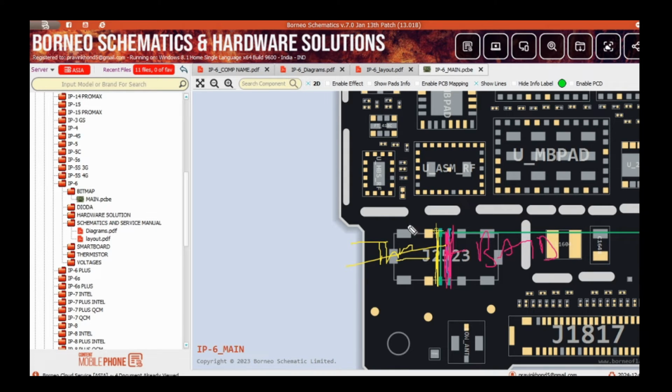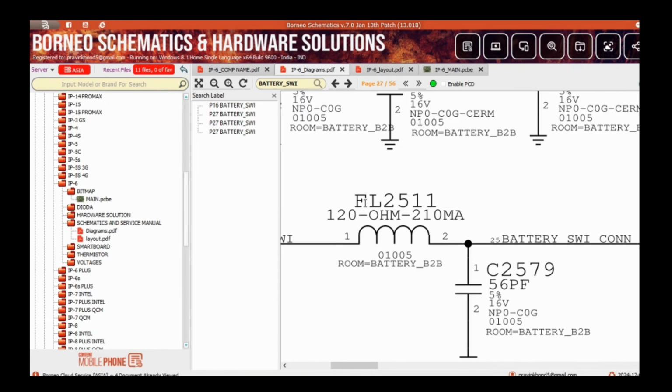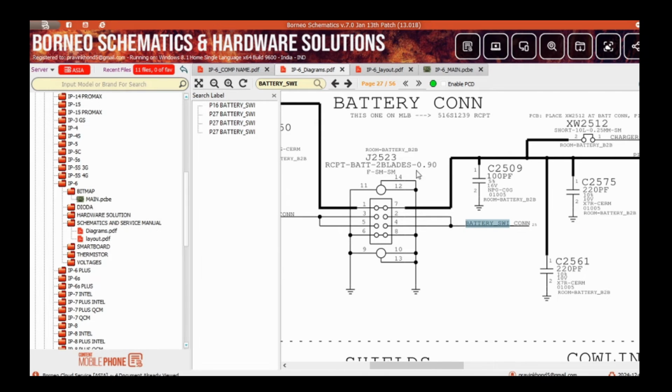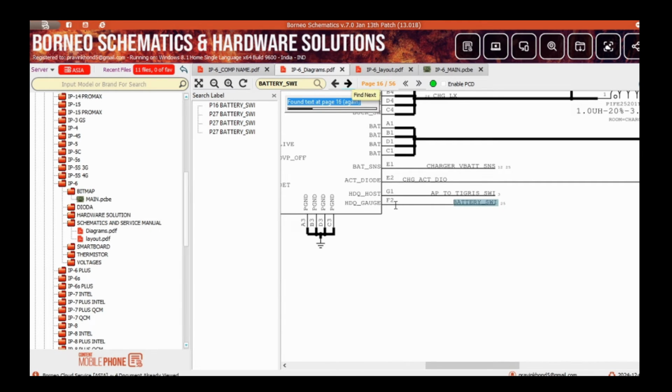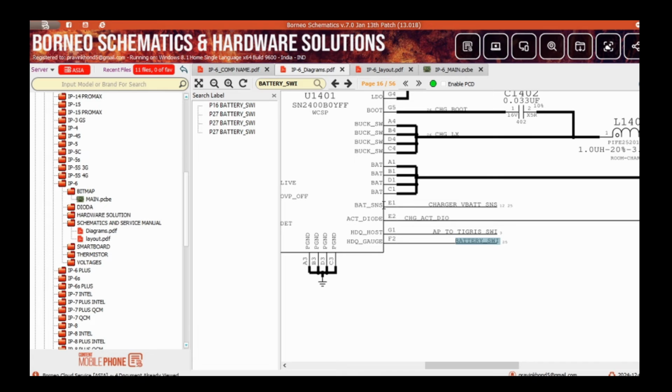But in this iPhone, all these pins are the same, right? And connecting to the HDQ gauge with the charging IC. Now get back to the diagram and see where this line is going. Just next, now this line goes back to the battery connector. So same. Now HDQ gauge pin number F2. First, I will draw this line, BAT sense, and after that draw this line, HDQ gauge, and after I will